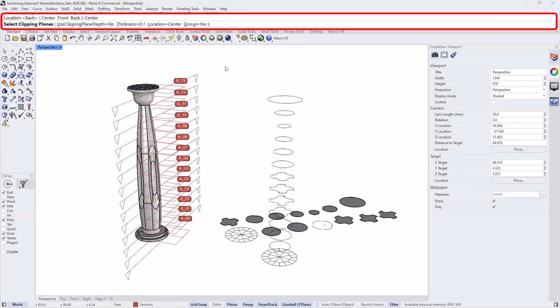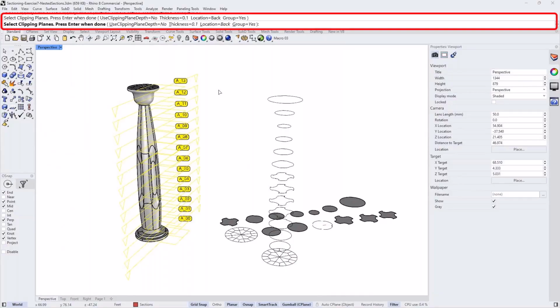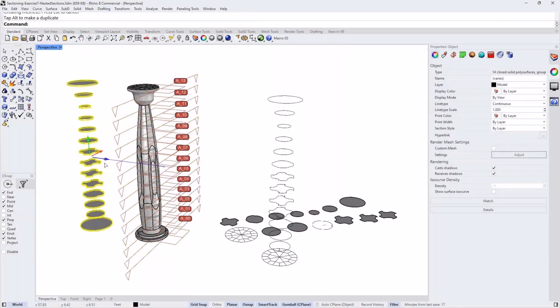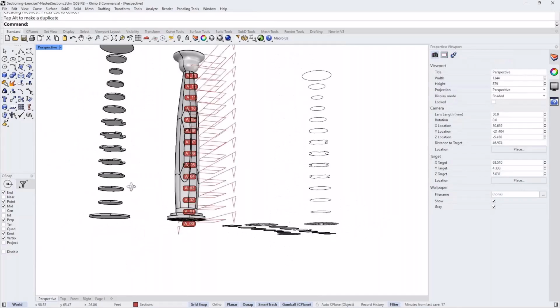So the clipping plane became the center plane, and you group it and say yes and press enter. So thickness 0.1, and you select all the clipping planes you want to extract slices for, and you end up with these slices that cut through your model.